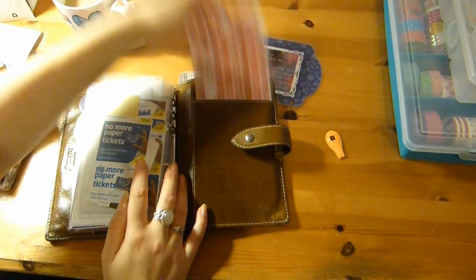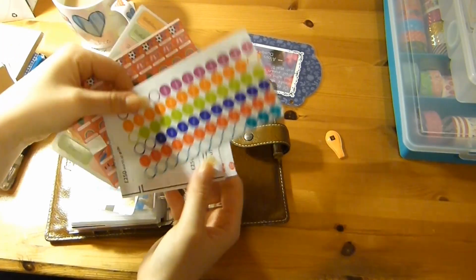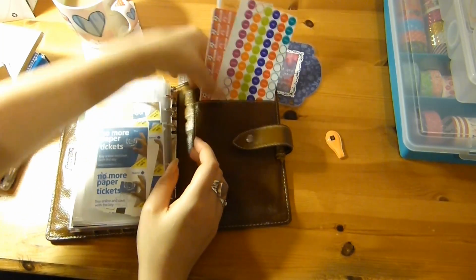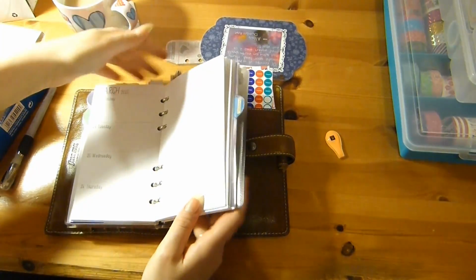And then in the back pocket I have got the Organised Mum labels, and I've got the Paper Chase labels there that I was on about. So I've got the Paper Chase, Organised Mum, and there's just a receipt that I needed, which I guess I will move now. So yeah, and one thing I didn't show you was